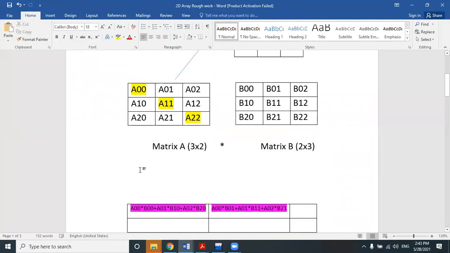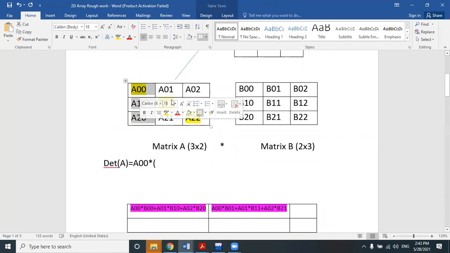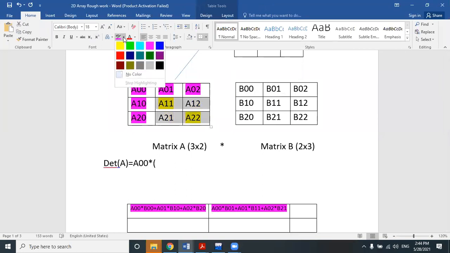What is the formula for determinant calculation of the matrix A? Yes, sir, A00 into. So when we consider A00 as the multiplier, the corresponding row and column we have to neglect, right? We consider the first element as a multiplier, so we will only consider these 4 elements, A11, A12 and so on.